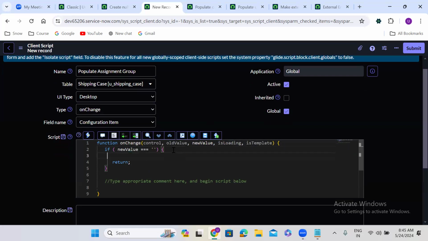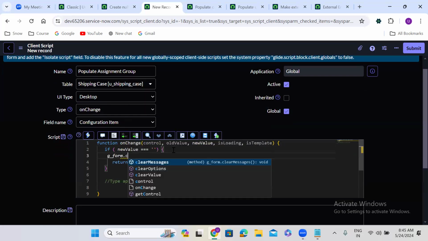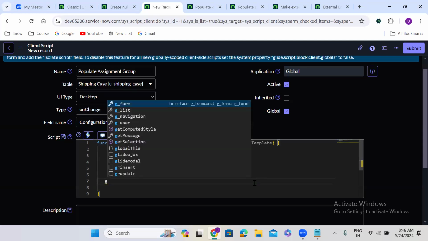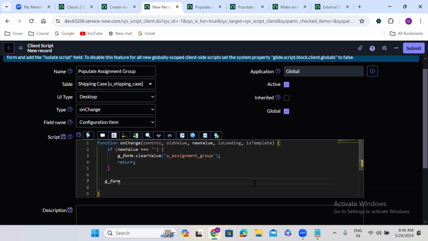If the new value, the selected value, is empty, g_form.setValue assignment group. g_form.getReference